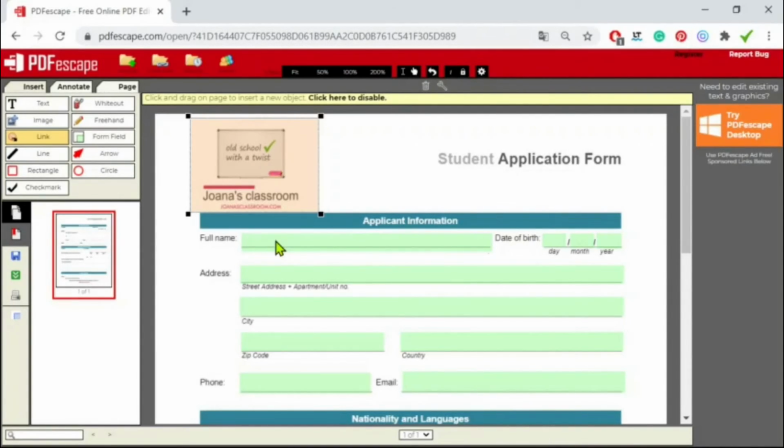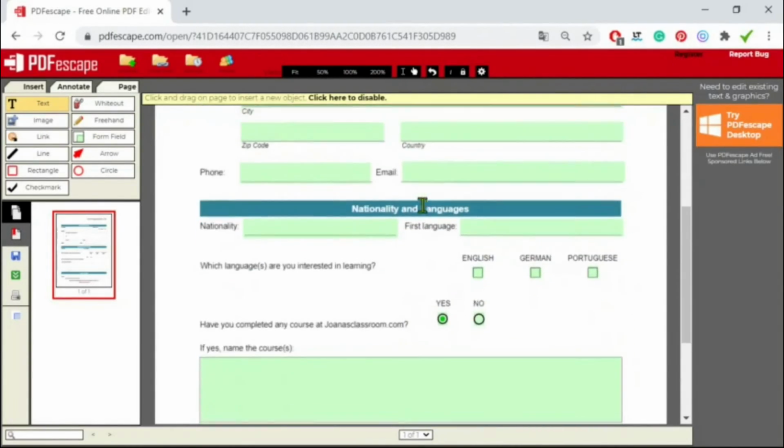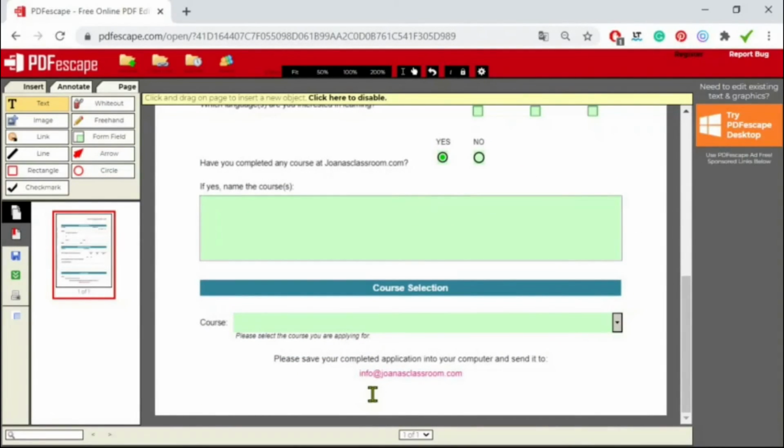Let me move to another option in the Insert tab, which is the text option. If you click on the text button, you will be able to insert text in your file. I'm going to type something down here to find a different ending for my document. I want it to be black. And I'm going to write something like, see you in class.